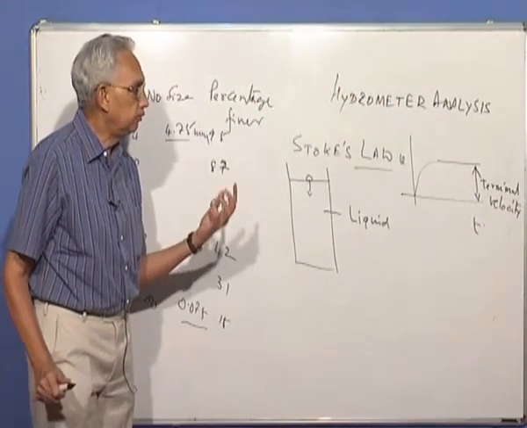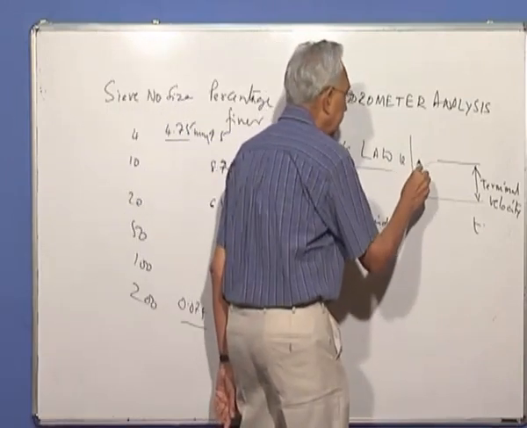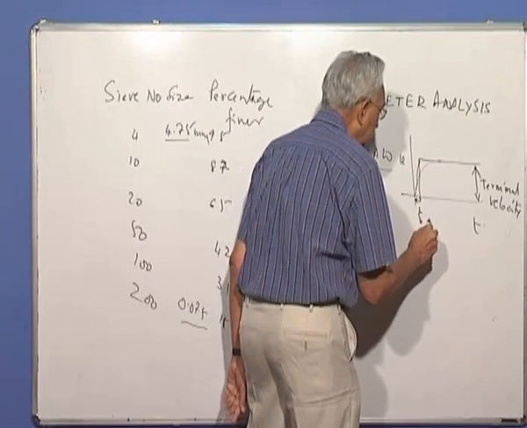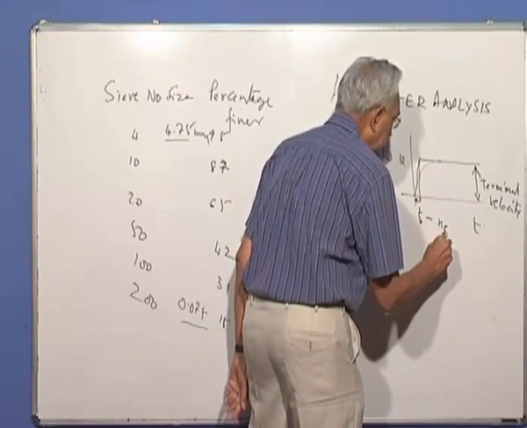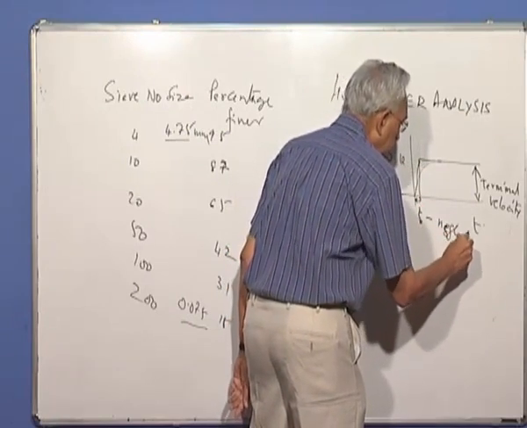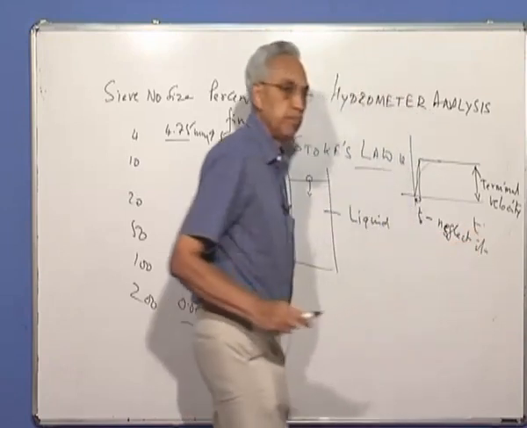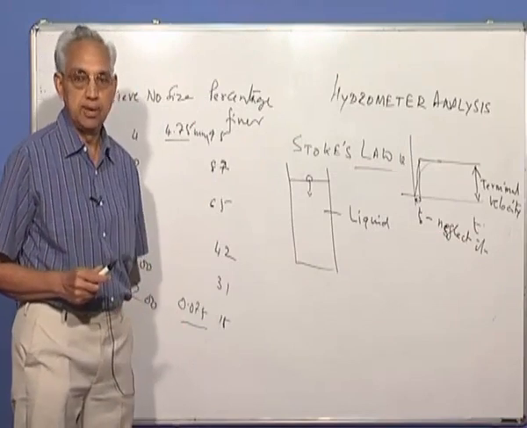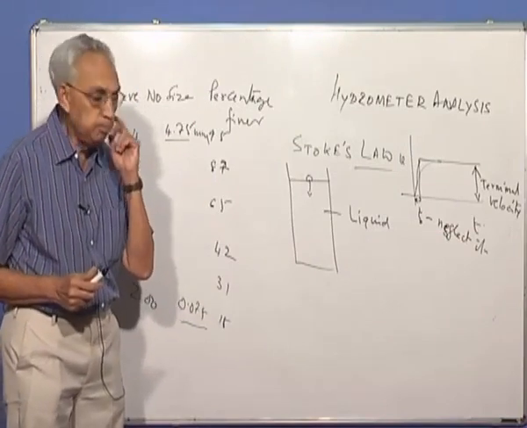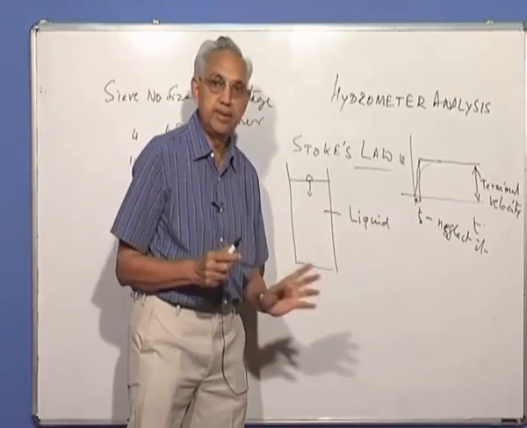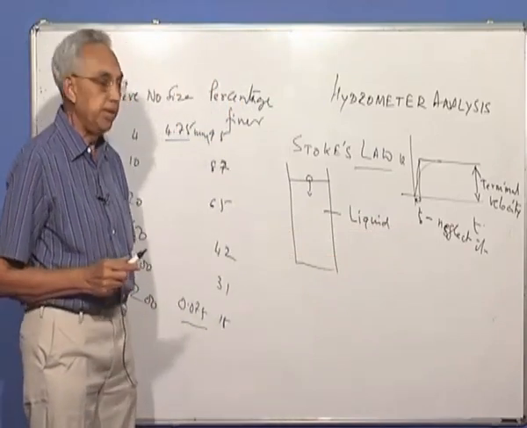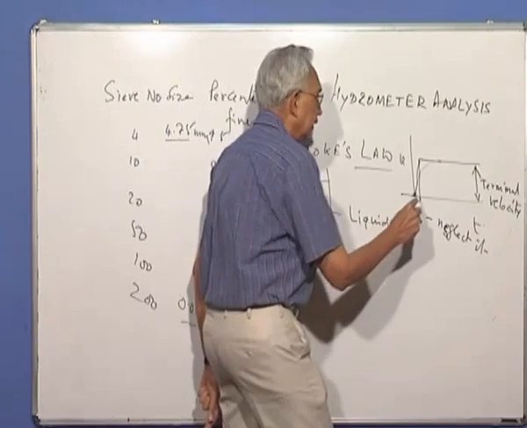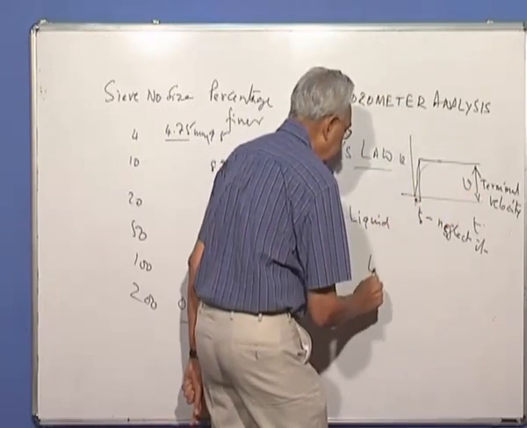What we normally do is assume that this time is so small that we neglect it. So we assume the particle starts falling with the terminal velocity, because the inaccuracy from neglecting this t0 is not much. What you find very interestingly is that this terminal velocity, if I call it V, is a